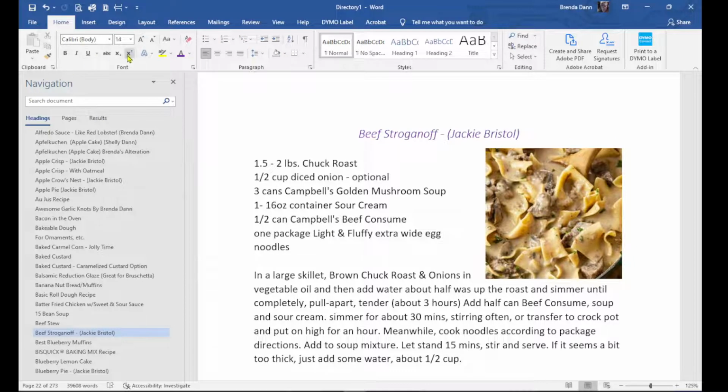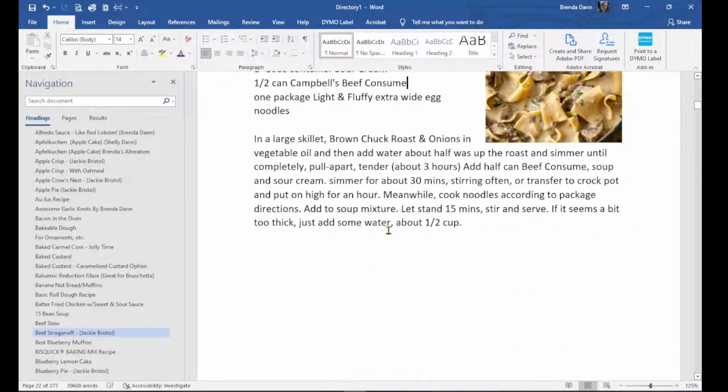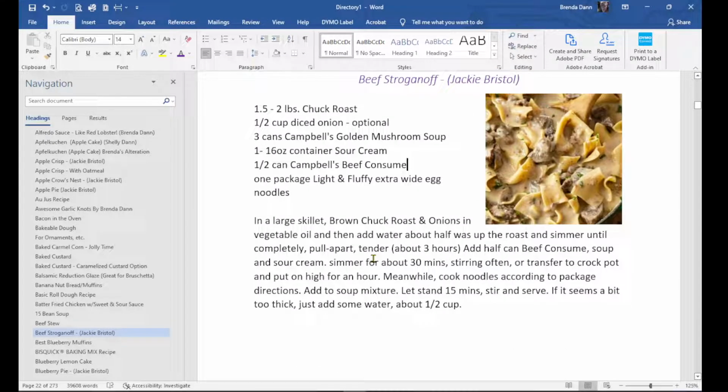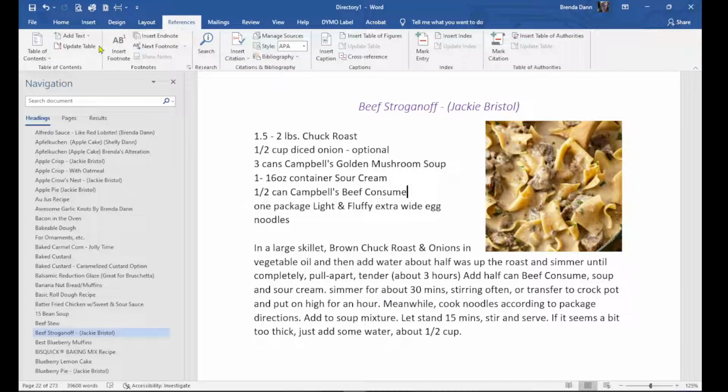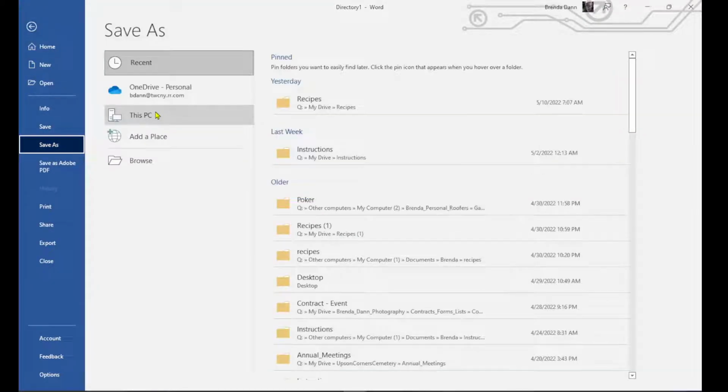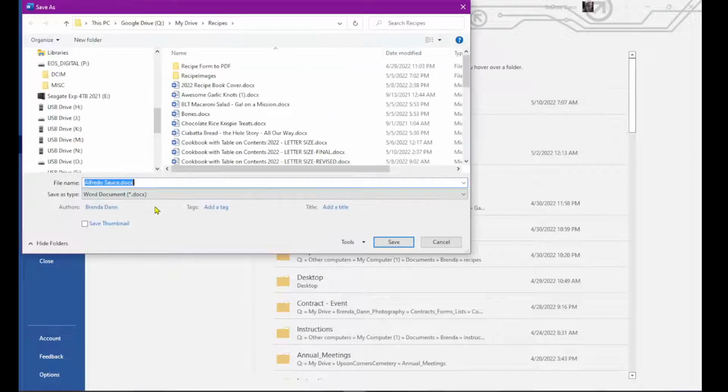which is putting in our table of contents. Because I'm going to have this be numbered. The pages are going to be numbered at the bottom, and I'm going to have a table of contents. So I'd go into my References tab. You might want to do a save at this point. You've done a lot of work on it, so you can go and save as, and I'm just gonna put this in my recipe thing, and I'll call it